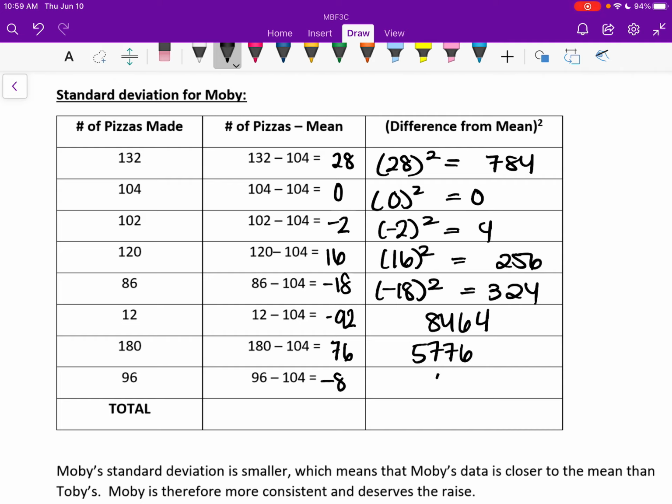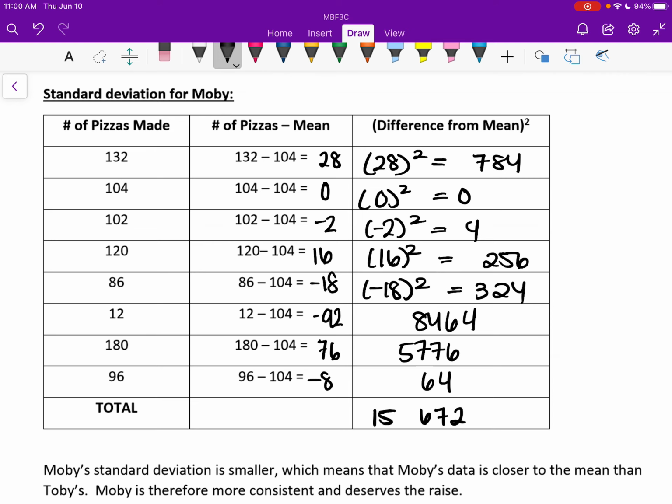And then 8 squared is just 64. So I went ahead and added all of these together, right? So I did 784 plus 0 plus 4 plus 256 plus 324 plus 8,464 plus 5,776 plus 64, and I got